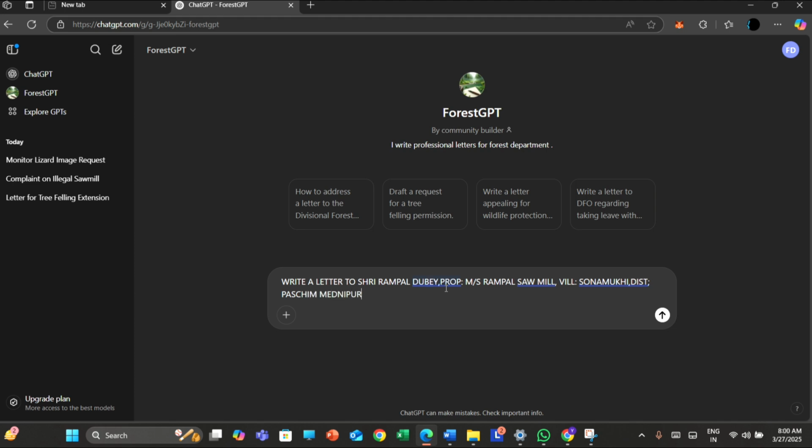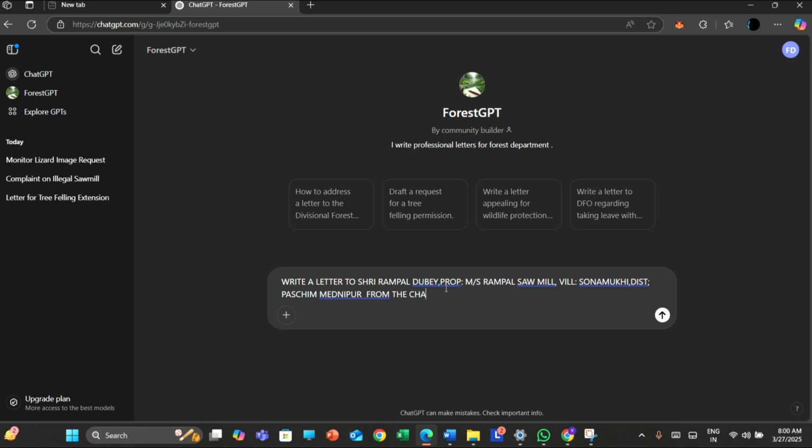It is just for the demo purpose. You can definitely use your division, your circle name over here. ChatGPT will adjust it. So write a letter to Sri Rampal Dubey, proprietor of Mr. and Mrs. Rampal Sawmill, village Sonamukhi, district Paschim Mednipur,